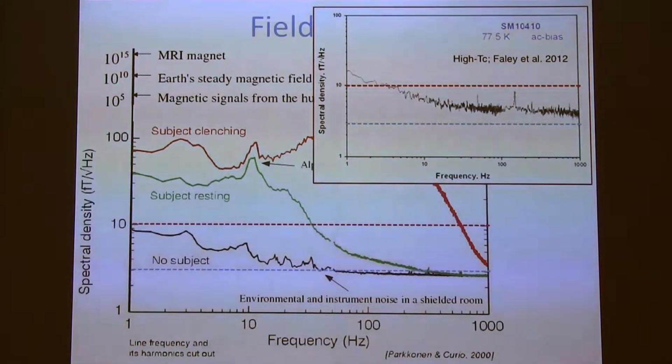I was surprised how good it was, because if we used that kind of sensor for recording human brain rhythms, the noise would certainly dominate over the brain rhythms. If you have 30 femtotesla plus 10 femtotesla noise, the total noise as a sum of squares would be something less than 32